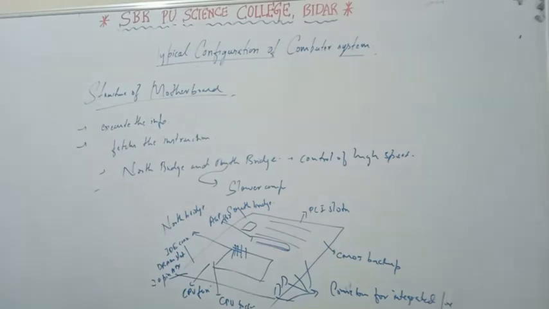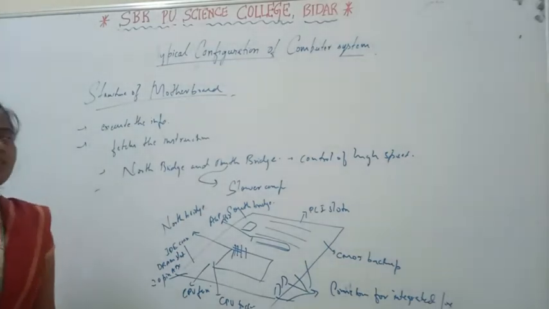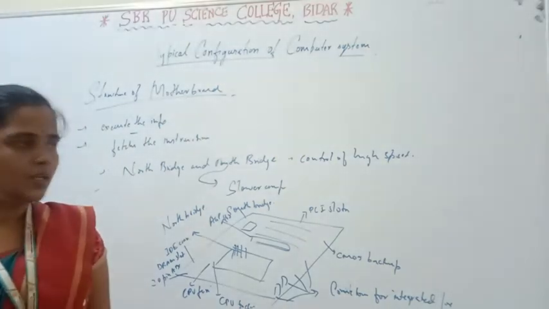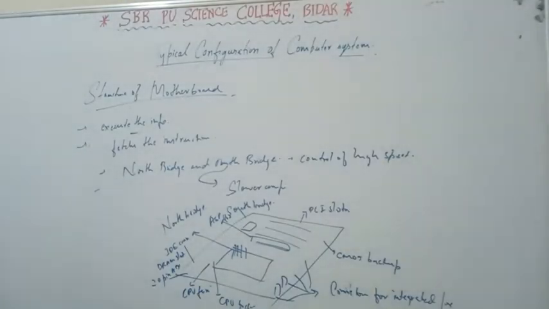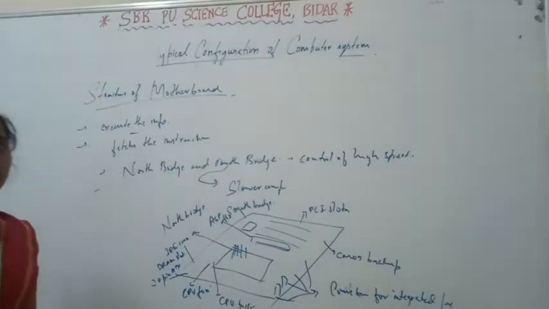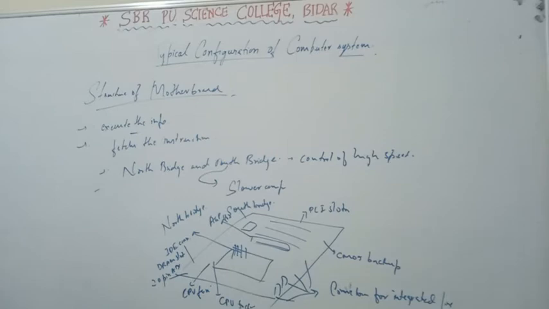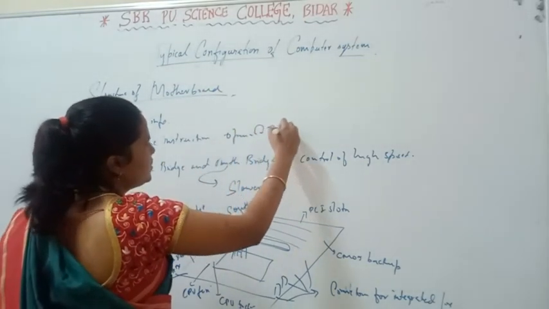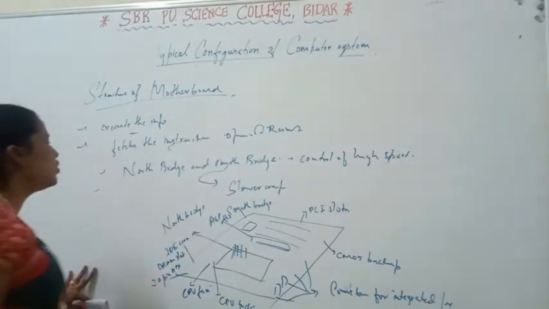Structure of motherboard. So basically the processor is used to execute the information given to it. Whatever information is given to it, it executes. Next, what is the motive here? It fetches the instruction. Whatever instruction we want, it fetches, and the operation is performed, and later on the result will be displayed. So that is the motive here.